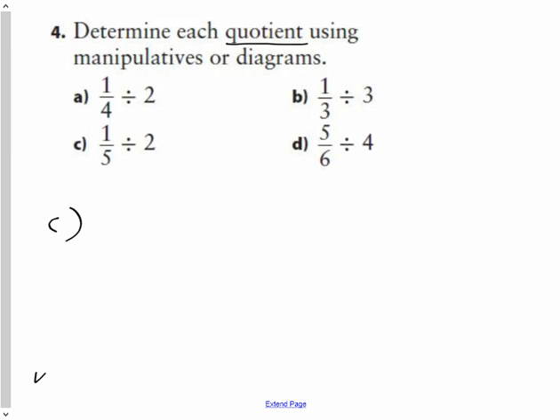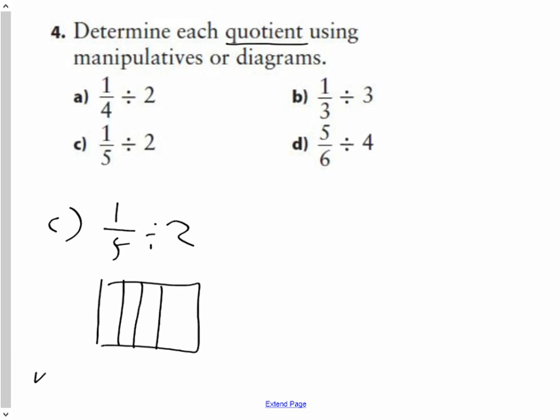Question C gives us 1/5 divided by 2. Or if I drew it, 1/5 would be 4 lines, make 5 parts. Shade in 1/5. So that is 1/5 of a chocolate bar divided between 2 people. Here I'm going to share it between Dominic and Lucas, who are going to share this chocolate